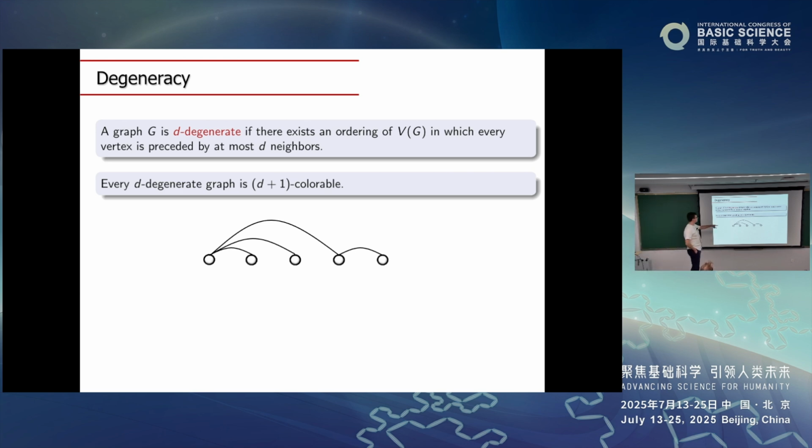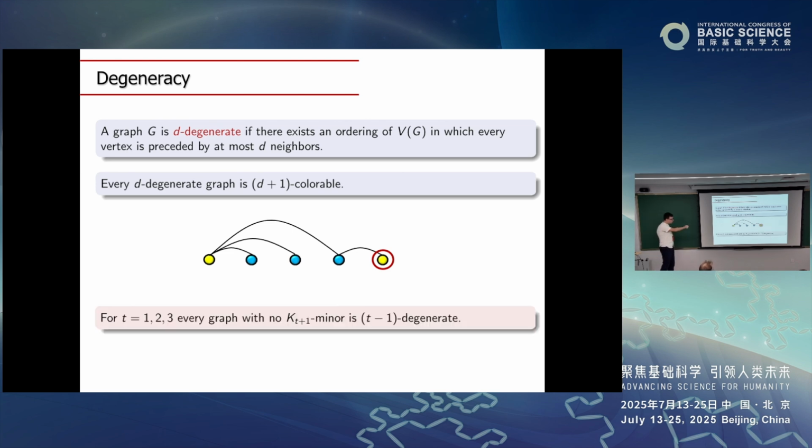I'll say that a graph is d-degenerate if I can order its vertices from left to right so that every vertex sends at most d edges to the left. Then it's easy to see that every d-degenerate graph is d plus 1 colorable. Color from left to right greedily; there will always be a color. If you only send one edge to the left, then you can always color. That's one reason why trees are 2 colorable: you can arrange vertices from the root by their distance, and then everybody has a unique neighbor to the left.